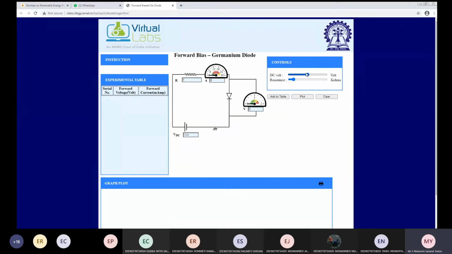Next, choose the DC voltage, for different values, coming from the starting point. First you set it to the small value 0.2. Click on add to table. All right. Next, try to increase that DC voltage value. Take some random values like 0, 1, 2, 3, and so on. Take some random 10 values and then click on the plot.